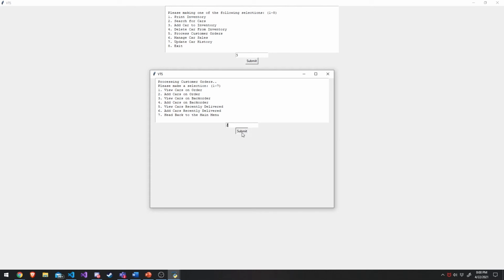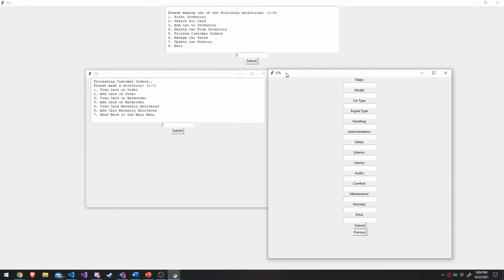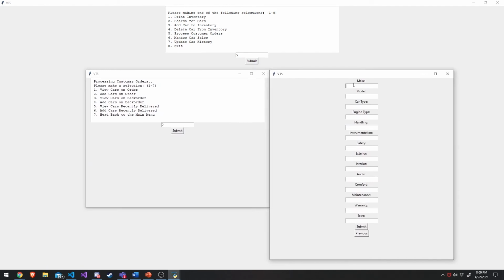So let's add one in. It works the same as adding a car. So Nissan Sentra, sedan, gas, then 5-star, boom,